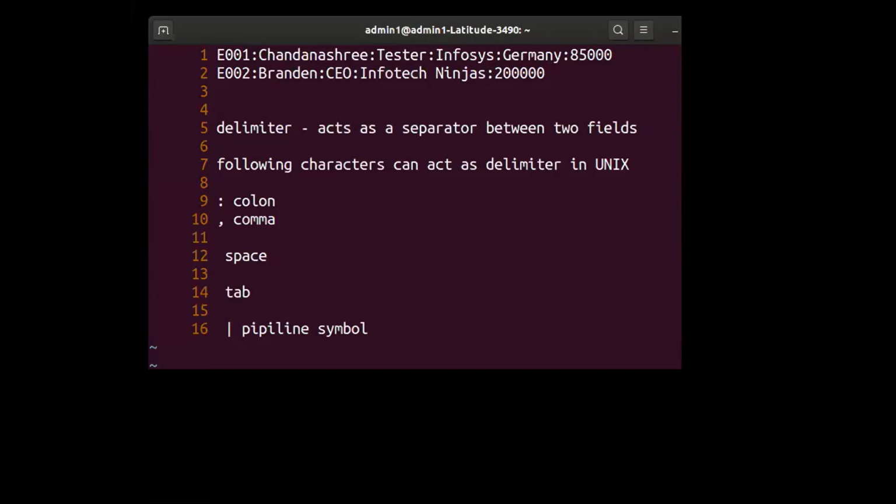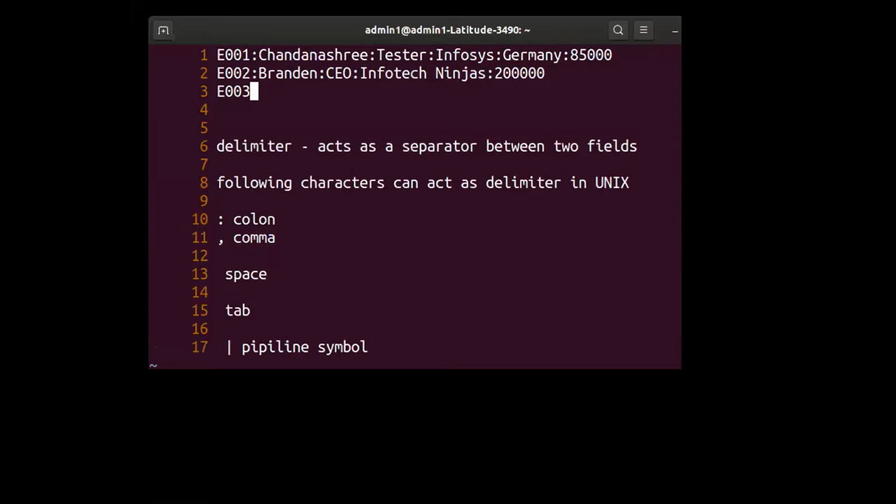Only 2 people had sent me, so inevitably, I will put my name. You guys have not left me an option. I am a simple guy, so I don't need that much. Software engineer, and the company I work with is Chandanashri in Germany. My salary is only 10,000 rupees. It's enough for me.